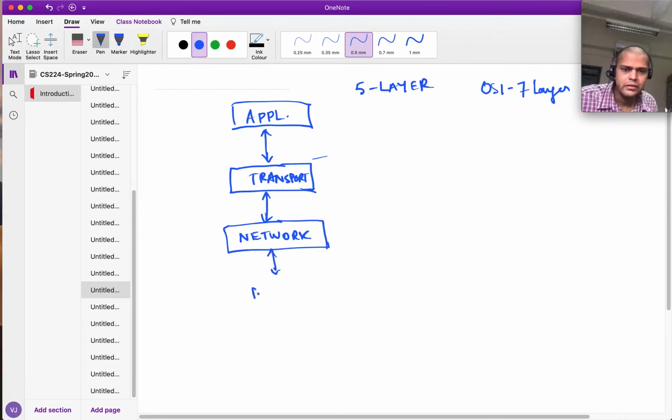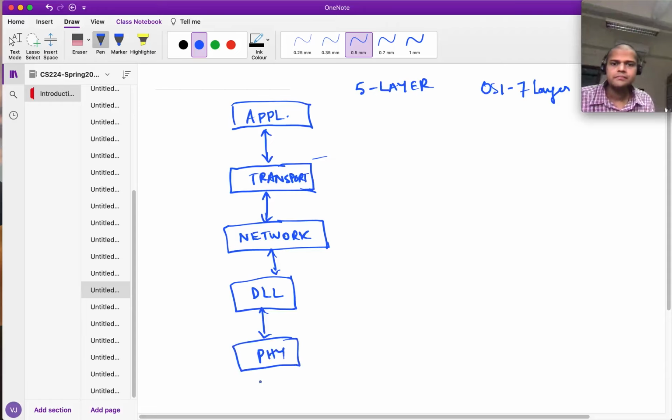Data link layer and the file layer. So each of them performs different tasks for the most part, but there might be some overlap between what different layers are doing. So just to give you some examples,